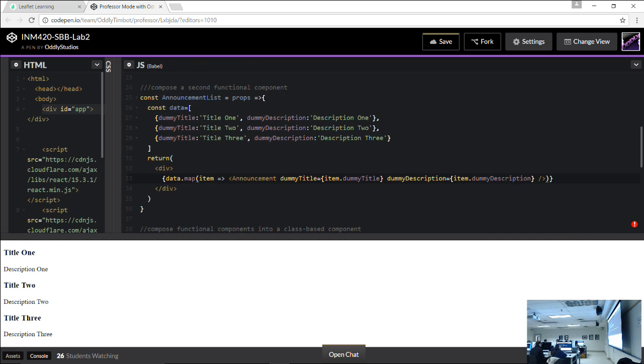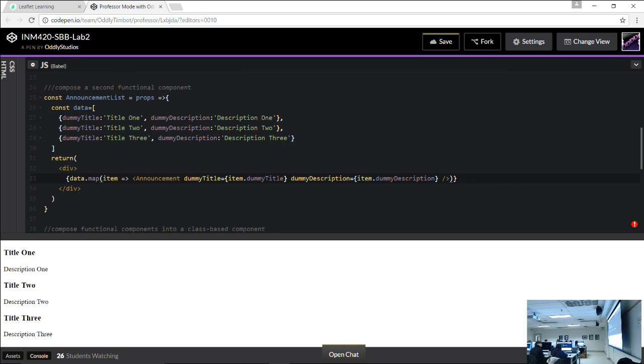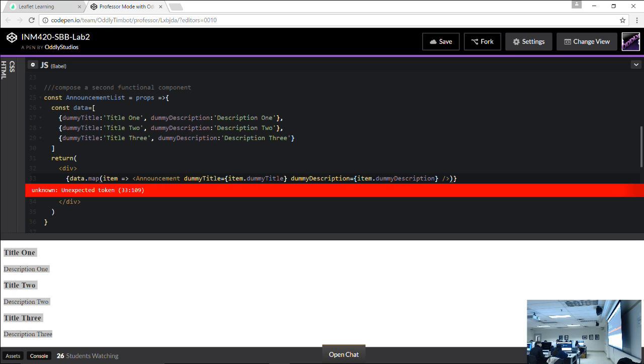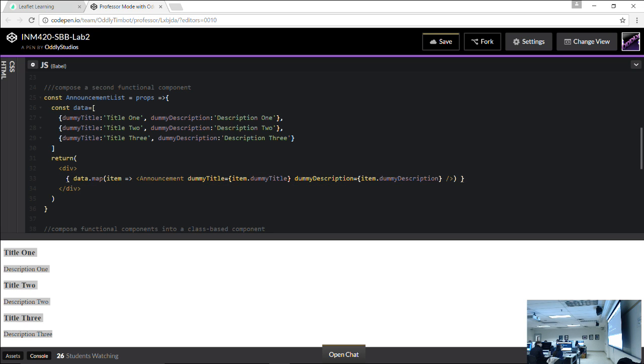I'm just going to make my JavaScript bigger because we don't really need the HTML right now. Oh, snap. I think it's already working. Check it out. What error have I got? I don't really believe this error because it does seem to be... Yeah, there, it's gone. Okay, so if you missed it, it's already working. These guys actually are now coming from my data. See that? Title 1, Title 2, Title 3. I should have made them more interesting, but